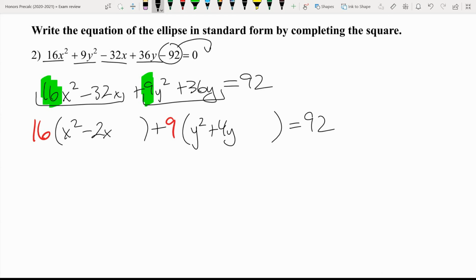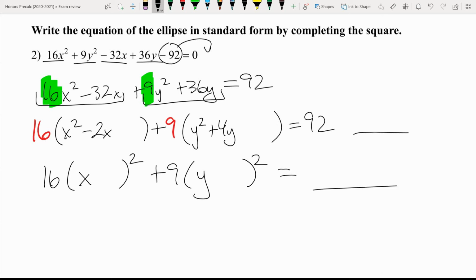So my next step here is going to have the 16 and something, some x something squared, and this 9, and then y something squared. And we'll figure out what's going to happen here and here in a second. But now I got to fill in these blanks, like what's going to go here and what's going to go here. Okay, so remember, we take half of our middle term here, which would be -1, and then we square